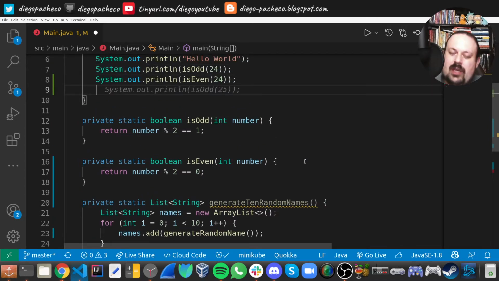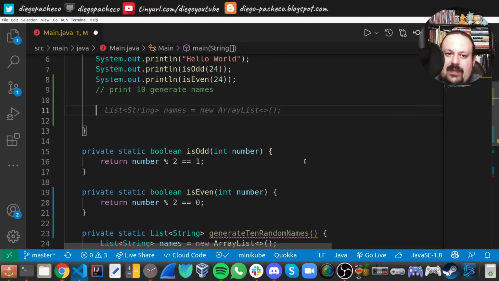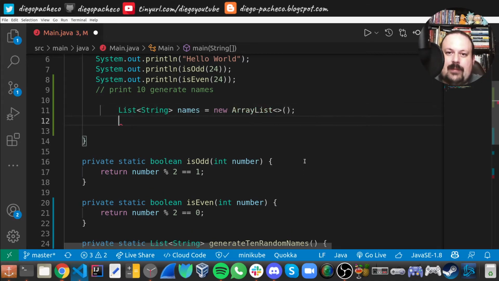But look, you can ask it to do stuff by comments like print generate 10 generated names. Let's see what it thinks about that. I'm gonna give an enter, and then it creates an array list. Okay, that's fine. Let me go back again. Oh, I don't know why it's not going. Let me give some space. Yeah, I need to type. Okay, yeah, there are some bugs. I was doing tab, it was not working. But anyway, now,